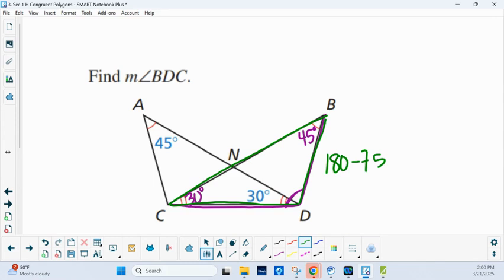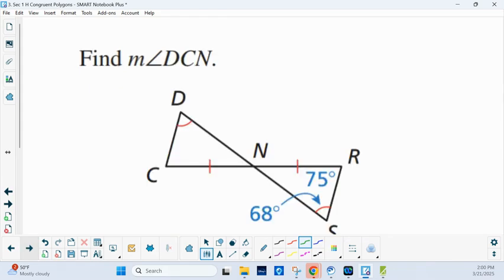So how big is angle BDC? 105 degrees. Yeah. Luckily, we didn't have to do a whole lot. We could use vertical angles somewhere if we had to. A couple different things that could be used there. Here's another diagram with certain things marked. It doesn't have every part and piece marked, so we can't just assume they're congruent until we do a little